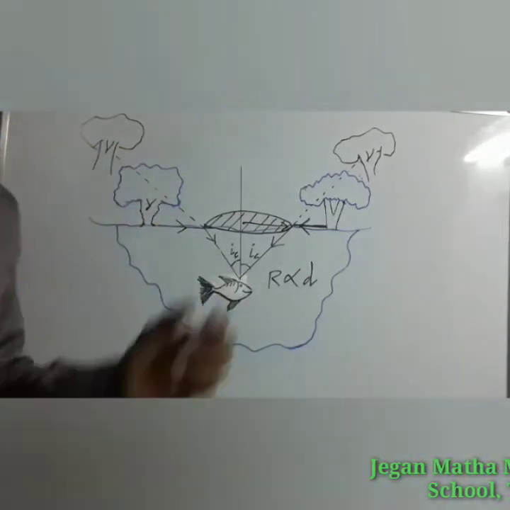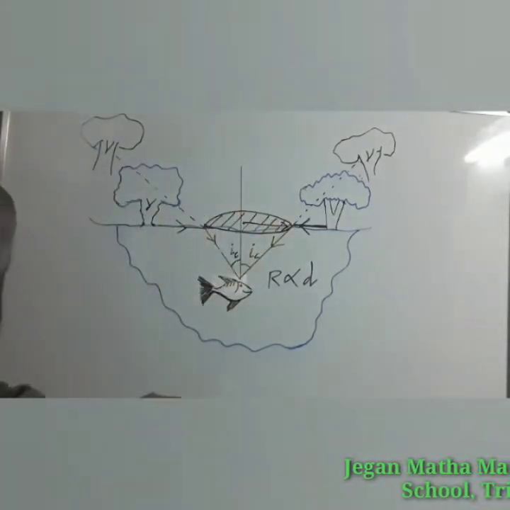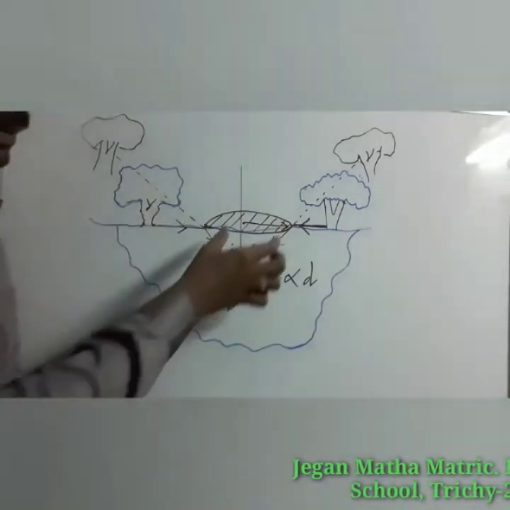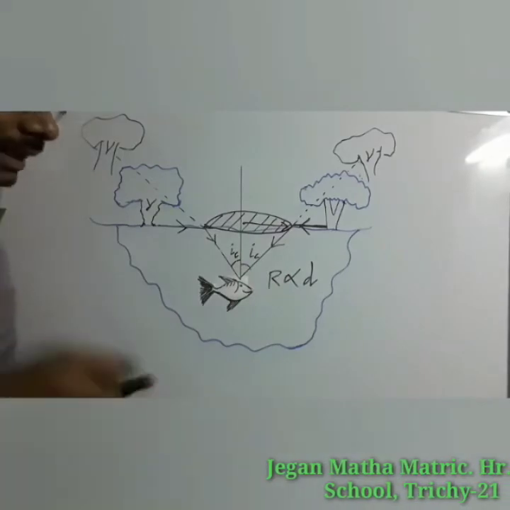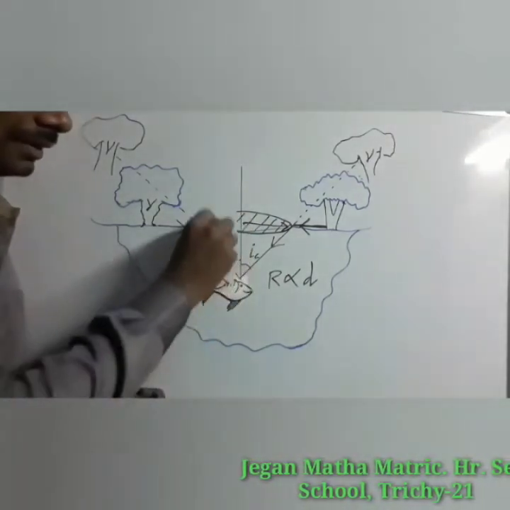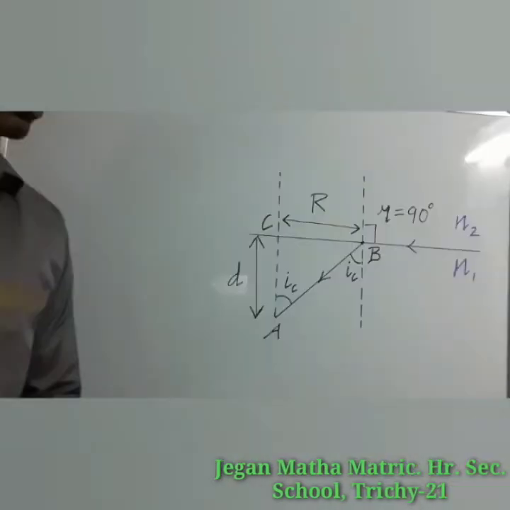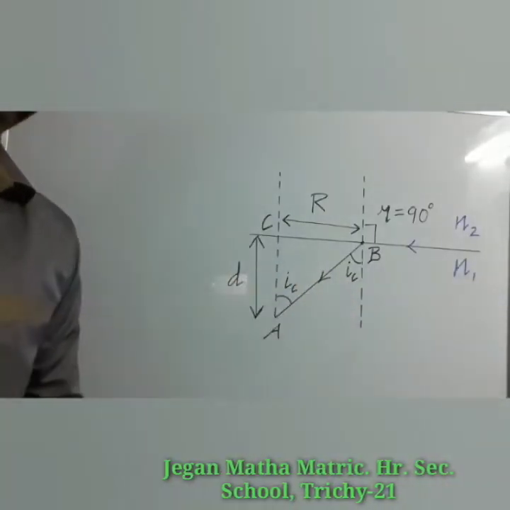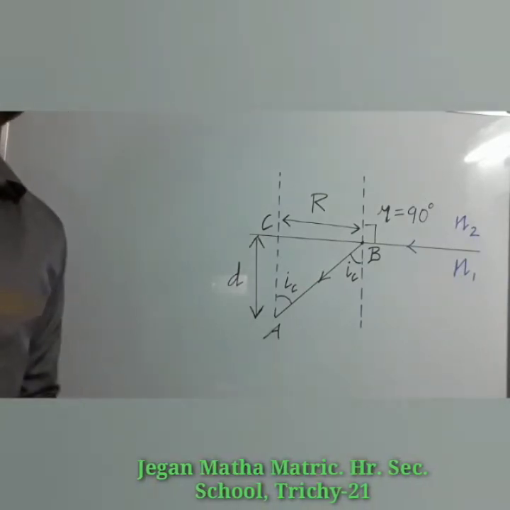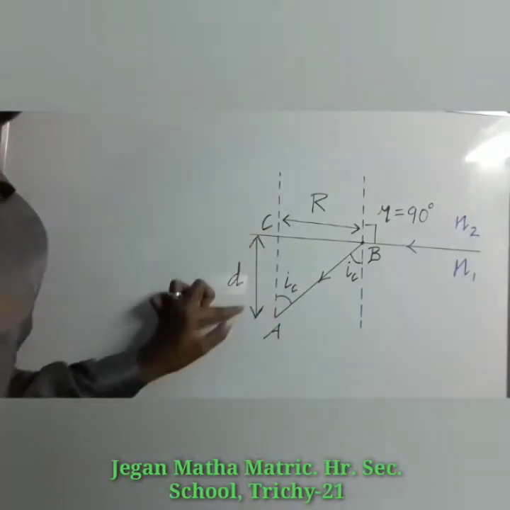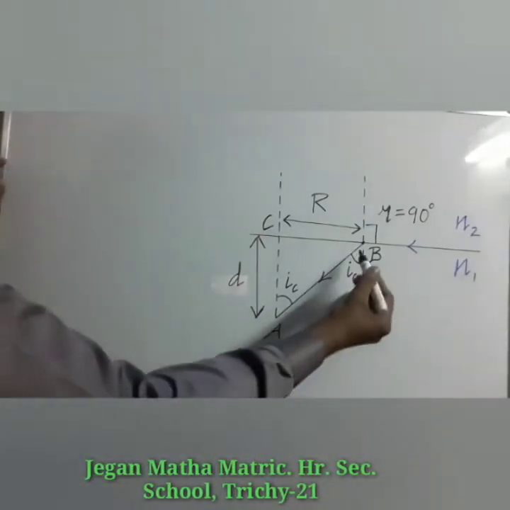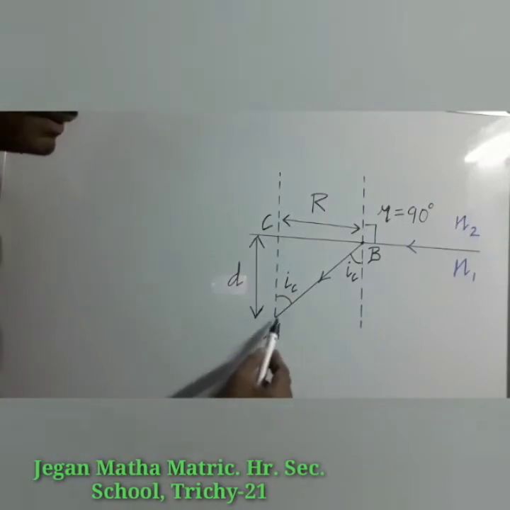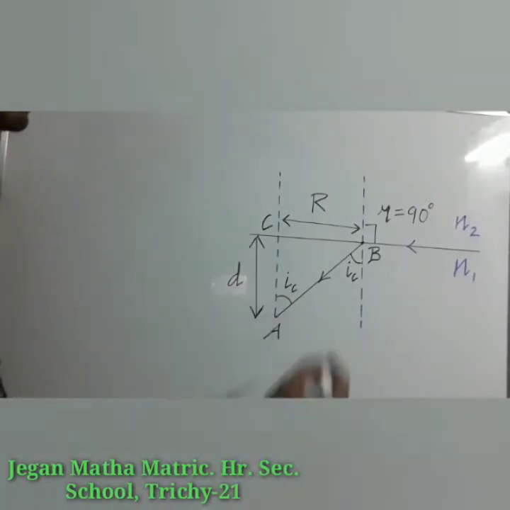To find the radius of this illuminated circular area, that is Snell's window, we are going to take a part of the diagram. So now we are going to concentrate on this side. Let us consider this new diagram. Light is seen from the point A at a depth D. The light ray which makes the angle IC will be observed by the observer at the position A.